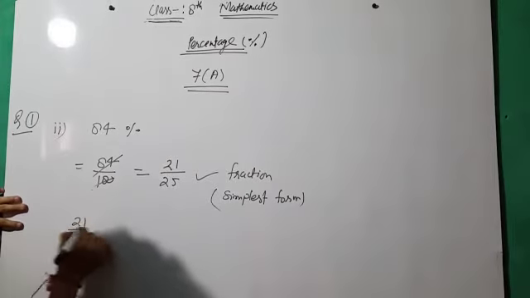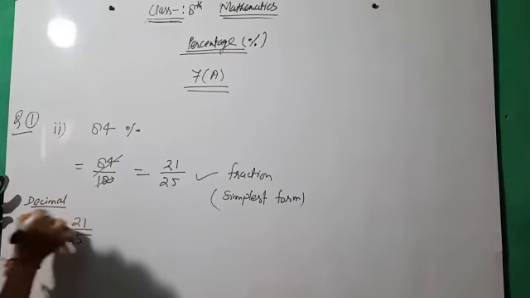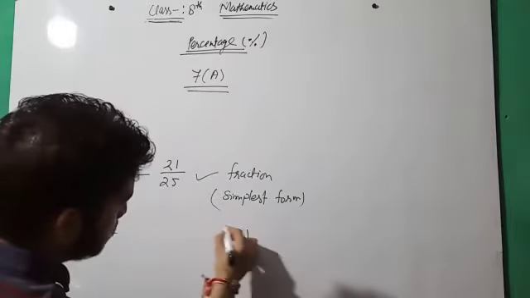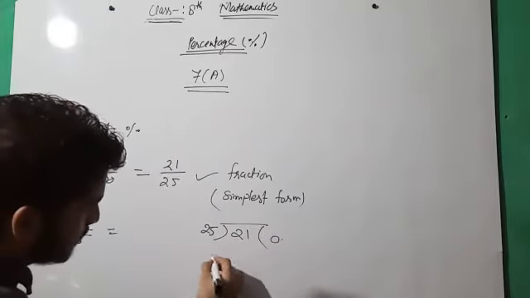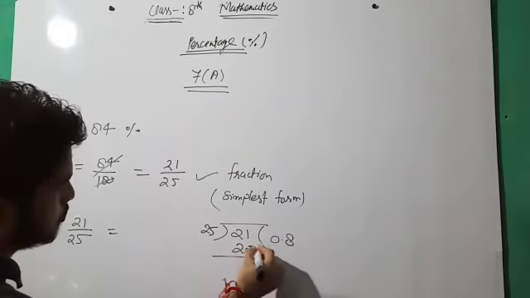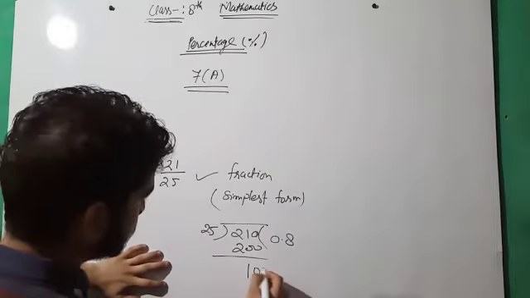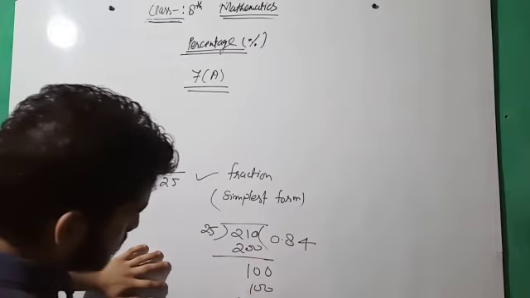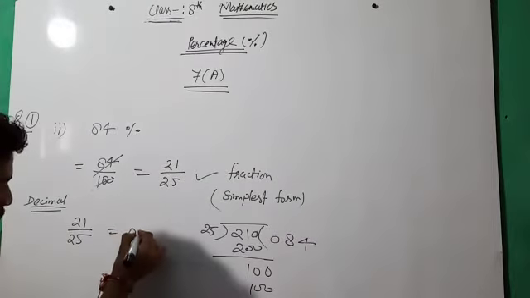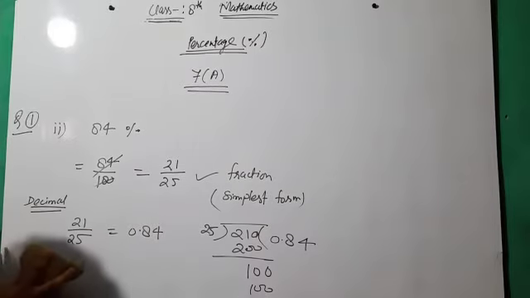Now we have to find out the decimal value. What is the decimal value? We have to just divide 21 by 25. 0, then we have 210, that is 25 eights are 200. Then we have remaining 10, 0, and 25 fours are 100. Cancel out. So it will be 0.84. This is somehow tough, so we have to calculate the simpler value. How can we calculate?